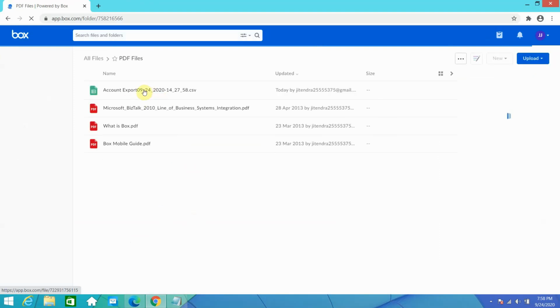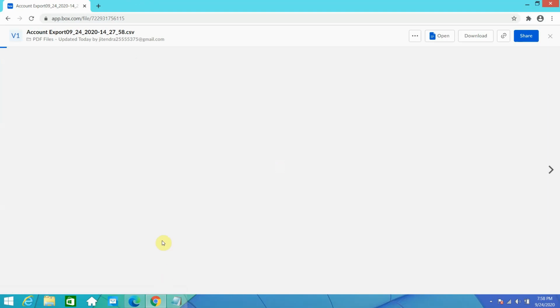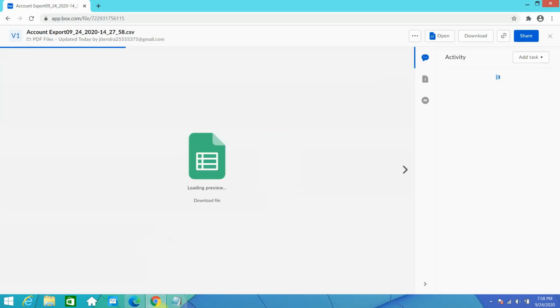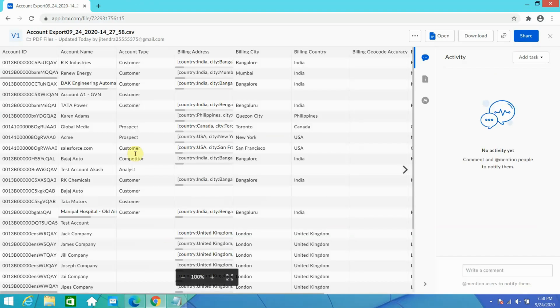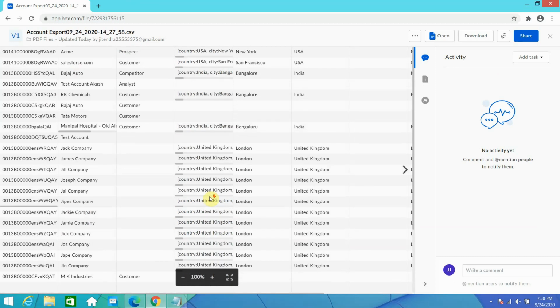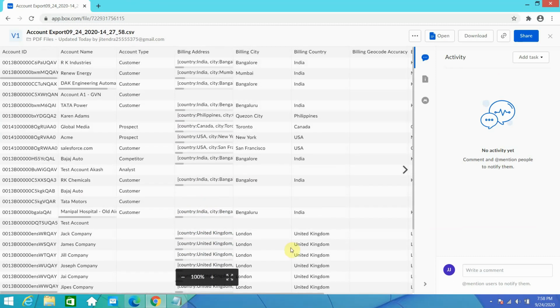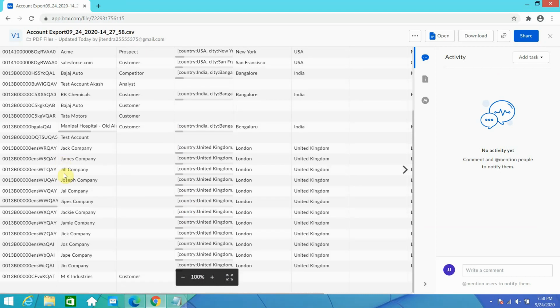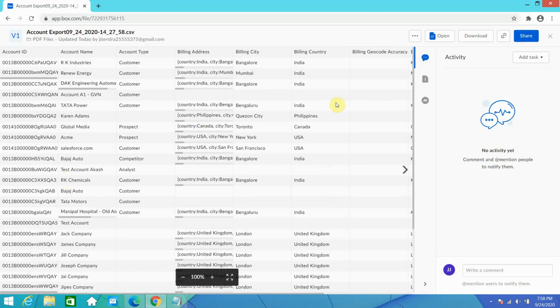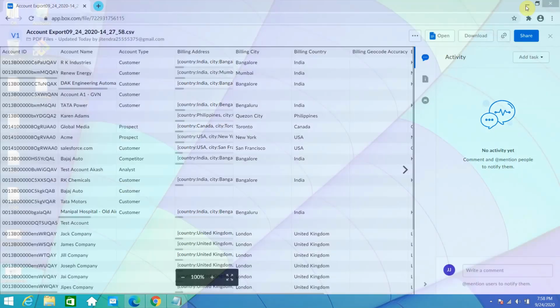See, you can see the file has been generated here. Let me open this file. You can see account name, account type, all 29 records have been successfully exported to my Box, right? All 29 records have been successfully uploaded with billing address, city, all those fields I required, account type, like this.